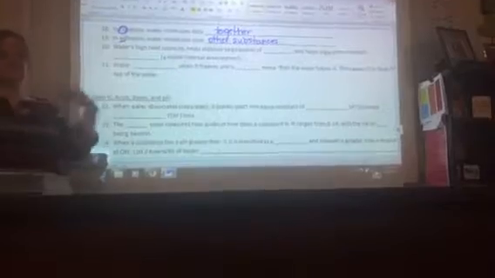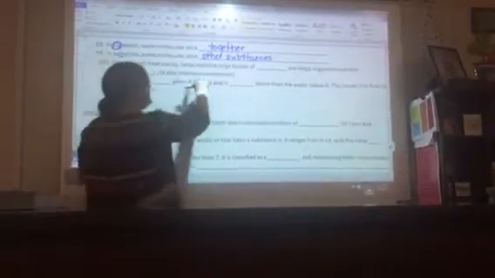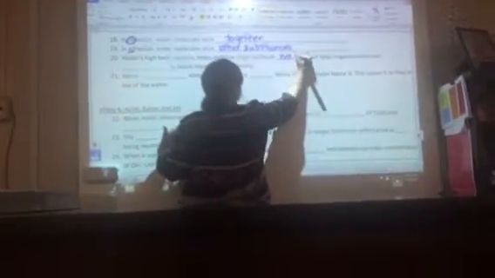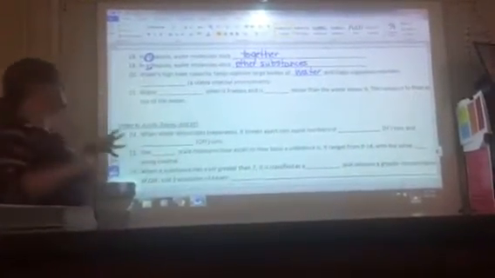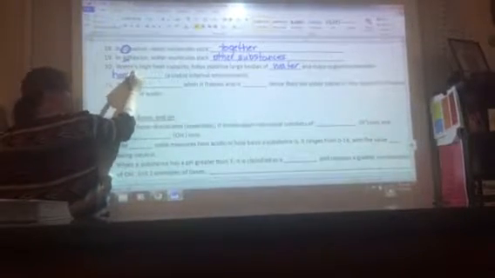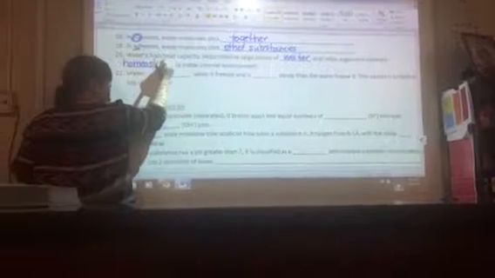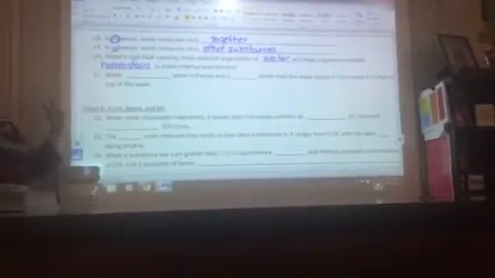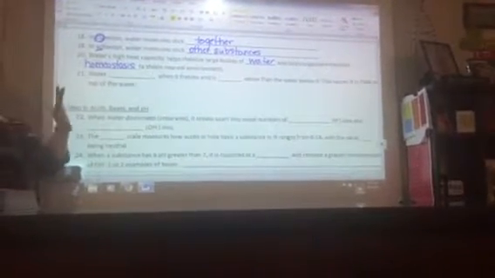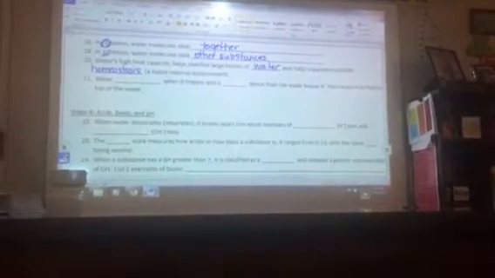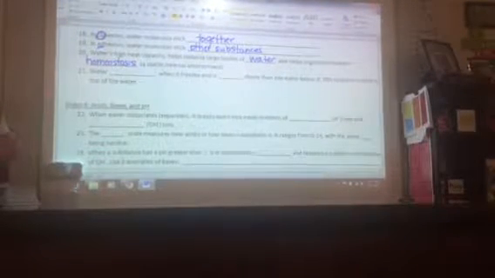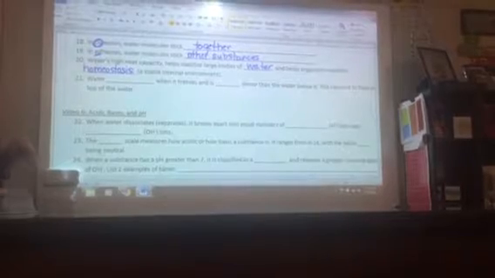Water's high heat capacity, this is what we just talked about. It helps stabilize large bodies of water. Okay, so like oceans. And it helps organisms maintain what? Life. Okay, homeostasis is the big word that we're going to use there. And all that means is it's a stable internal environment. It helps your temperature stay regulated, blood pressure stay regulated, and all that. Homeostasis, that word will not be on your test.